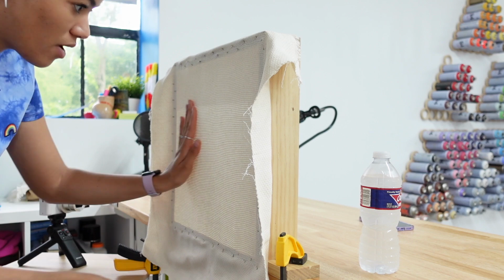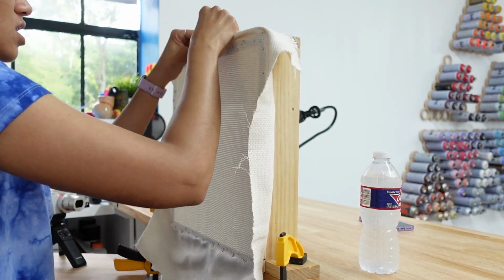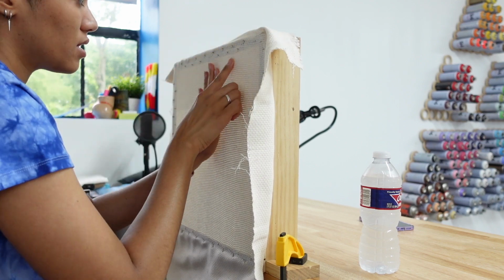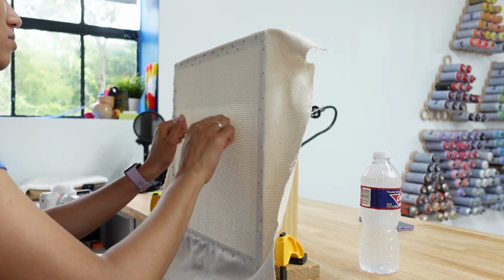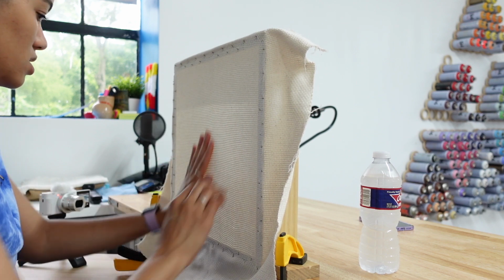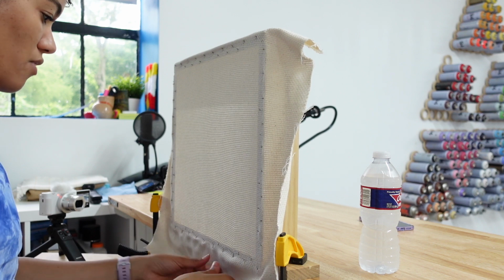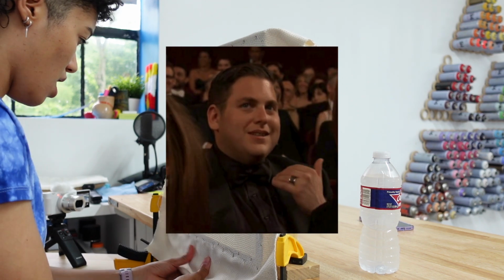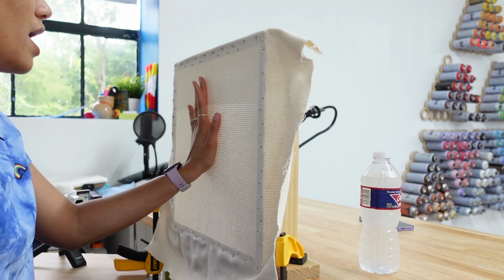I mean, I will say it's getting on here. It definitely doesn't feel much different than the primary tufting cloth once it's stretched. Okay, so that is stretched on there pretty well. It's got a good tautness to it. Good enough that I would feel comfortable tufting on it for sure. I'm gonna stretch the other 2 and see how I feel about those and how I feel about all 3